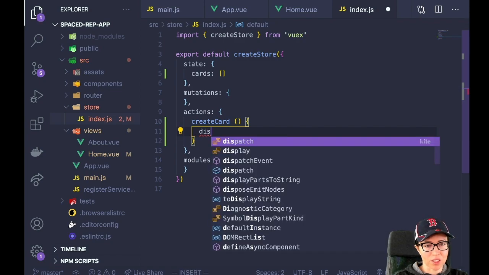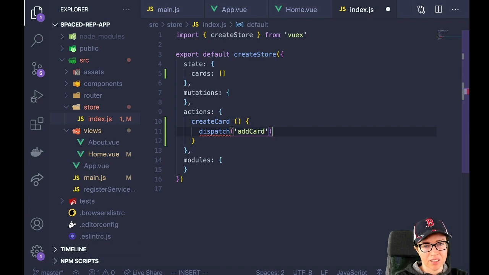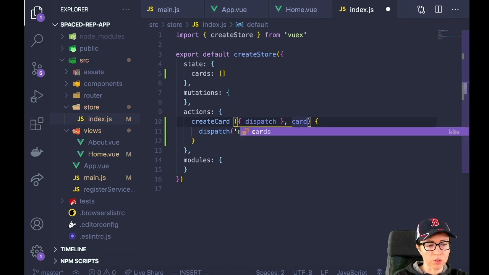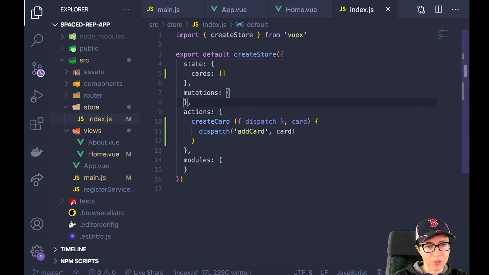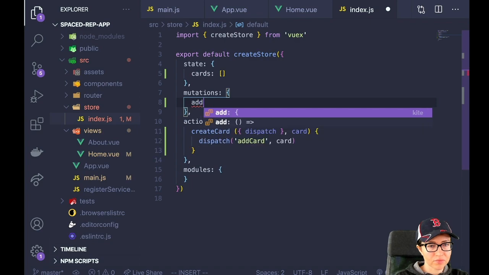So this will have to dispatch an action, which is add card, and I have to pass in some kind of card. So actually the only thing that will happen, since I'm not making an API call here, will be I'm gonna get the context. So I need to get dispatch from Vue, and then I can pass in whatever payload, which will only be the card right now. And then for mutations, I need to add this add card mutation. Add card,